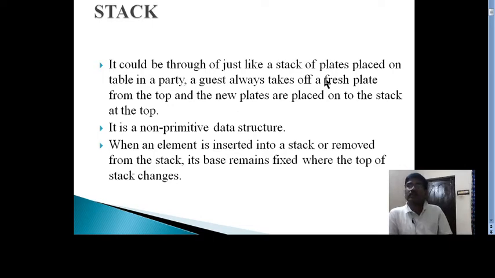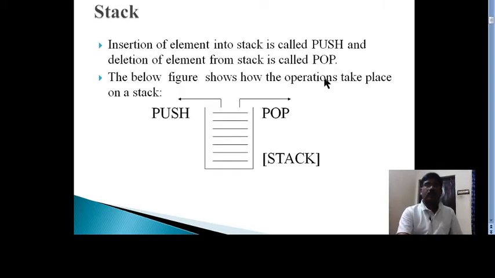So the only thing which is changing as you insert or delete elements is the top. If you observe this figure, this bottom is fixed. When you push, that is done through this end. When you pop, that is also done through this end.